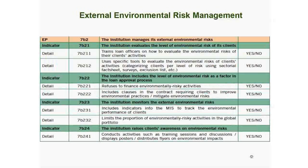Then we have the external environmental risk management dimension, where instead we try to assess if the institution has processes to assess the environmental risk of the activities they're financing. So first of all, evaluate the level of environmental risk of their client. So here you see there are kind of indicators that are proposed to the institution. If the level of environmental risk is included in the credit assessment, and then if of course it is monitored afterwards, and of course there are procedures inside the institution that try to raise awareness of the client about their